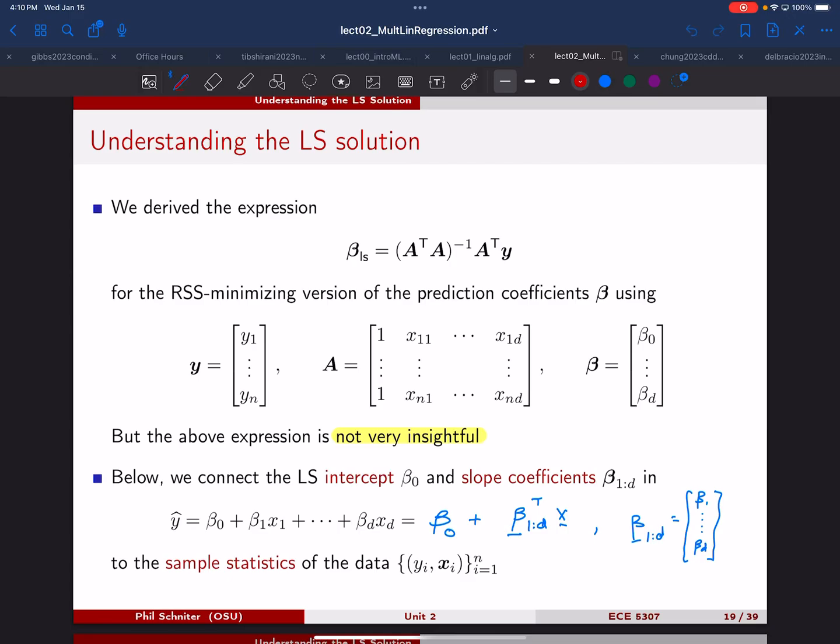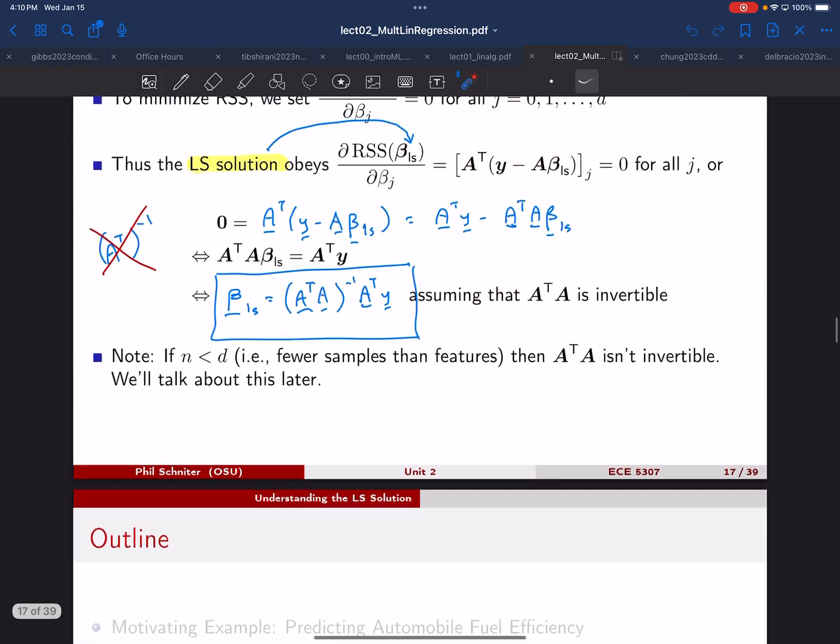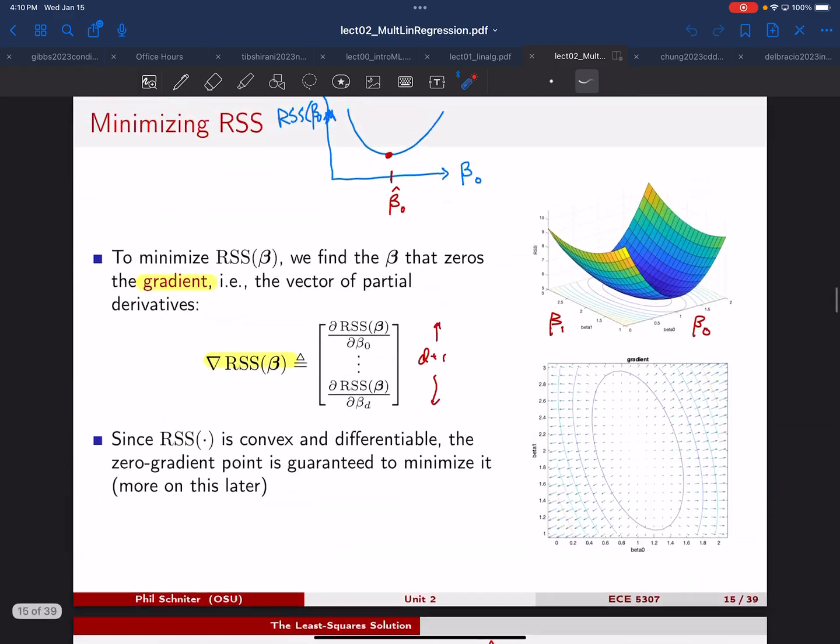We're going to continue discussing linear regression, which we were working on last time. And last time, what we did is we derived an equation for the least squares coefficients that used this A matrix here, which has our feature data, as well as a column of ones. And here we have our targets in a vector y. And this was the expression that we derived, and this expression minimized the